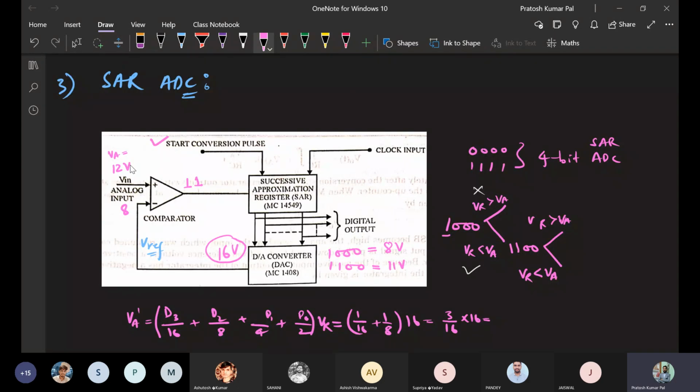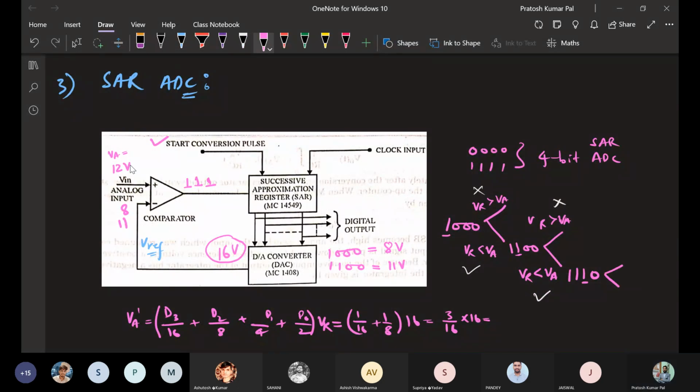So if it is 11 volt, that means again in the same second case it is 11 volt. So in the next comparison, 12 is greater than 11, so again it will be 1. The reference voltage is less than this one, so again we will be making the MSB 1. So this will be made 1. Here this was made 1. So this is not satisfied, this one is satisfied again.